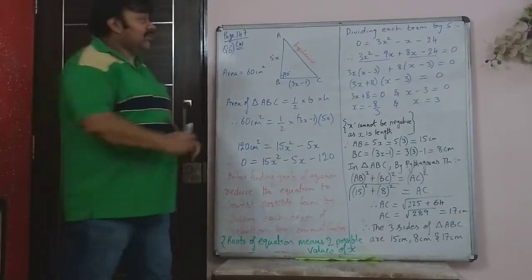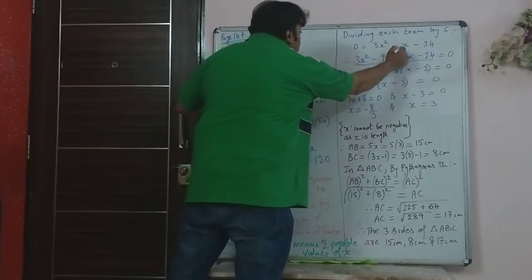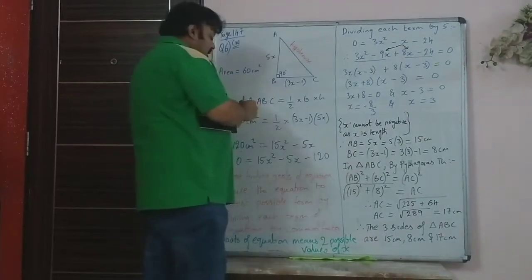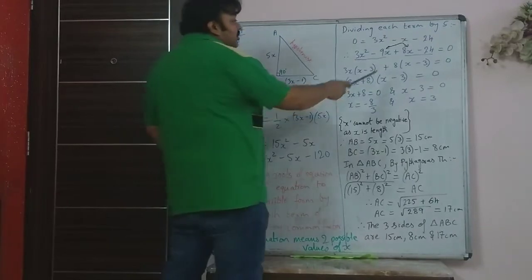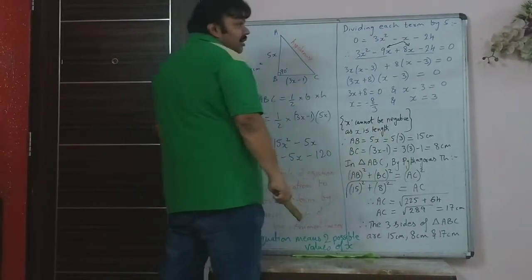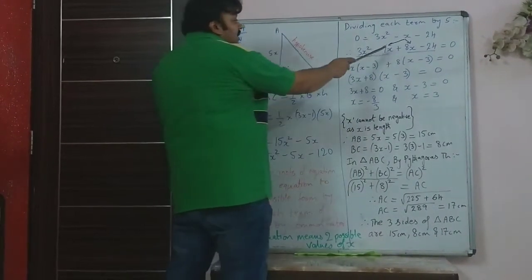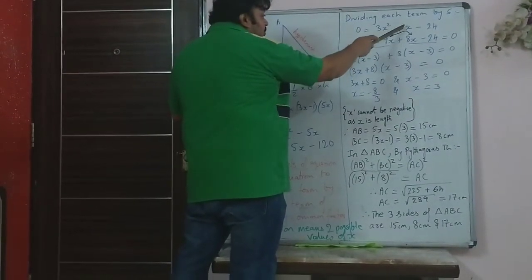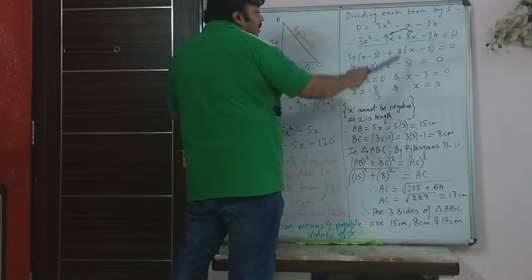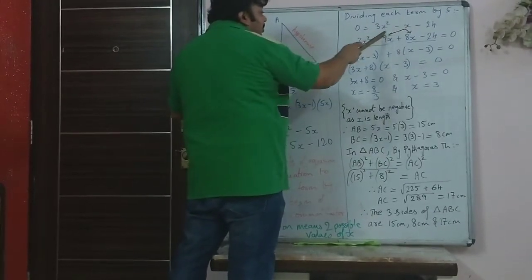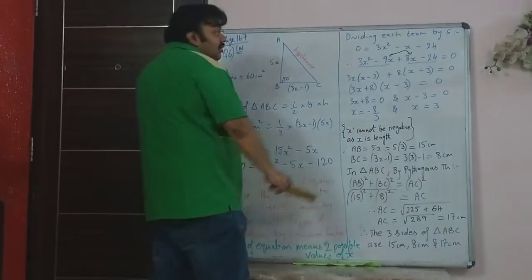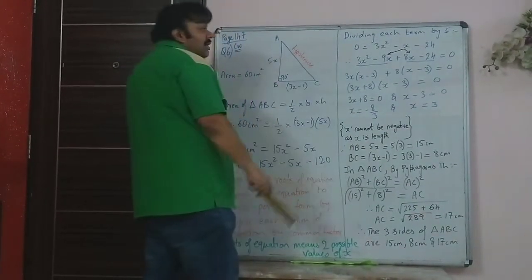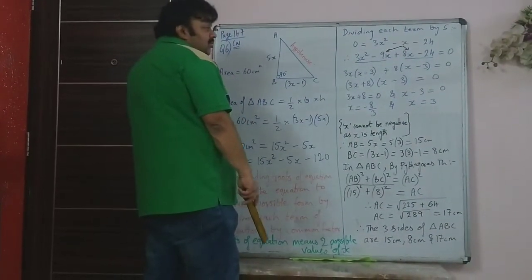How will you split the middle term into two parts? Like you did in factorization. Same way. And what did you do in factorization? You split it into two parts in such a way that on addition you should get minus 1x, and on multiplication of the middle two terms which you have split into, you should get minus 24 into 3x squared. So you need minus 72x squared.